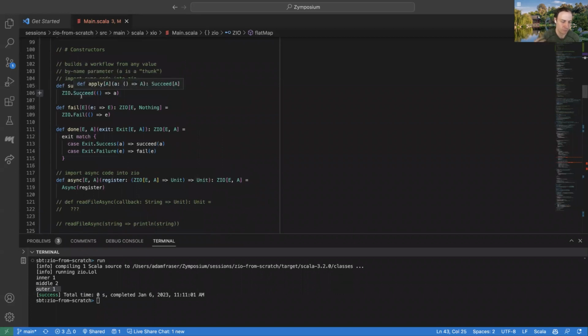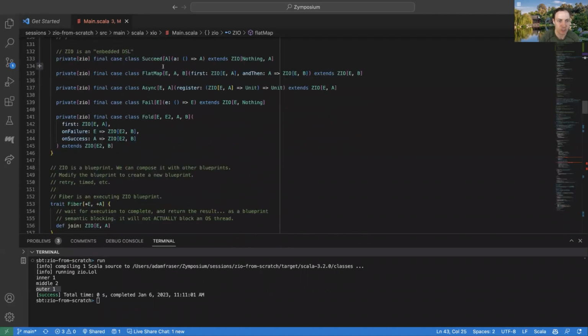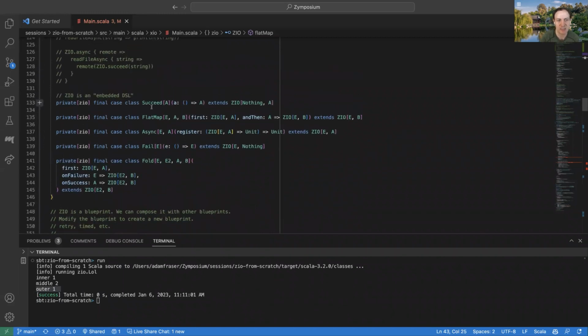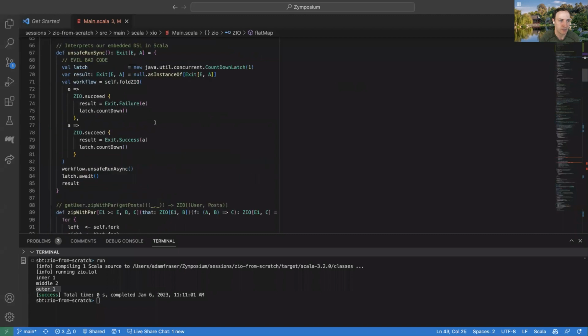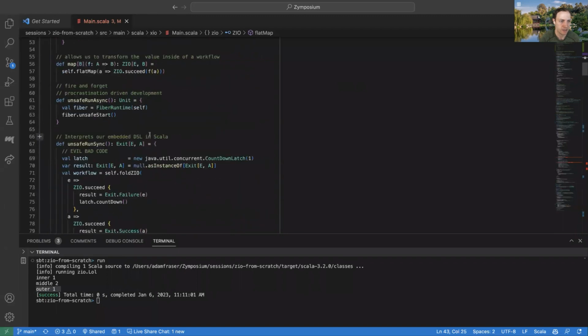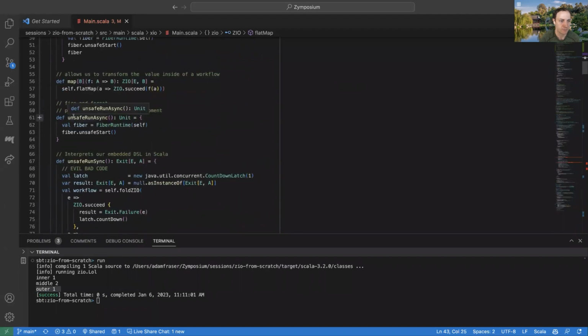But then what we did was we were just pushing back the actual work of, okay, we've got this mini language, how are we going to execute one of these things? If we've got one that is a succeed and then a flat map and then a succeed and then another flat map, what does it actually mean to take that and run that program? And to do that, we implemented this unsafe run method. And what this does is it creates a fiber that's going to actually run this workflow.